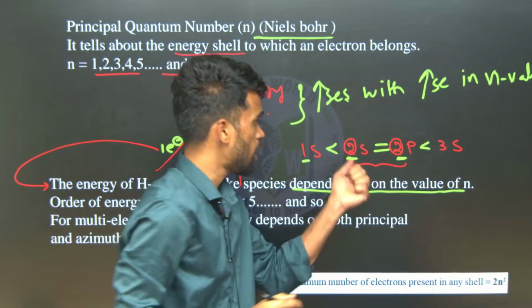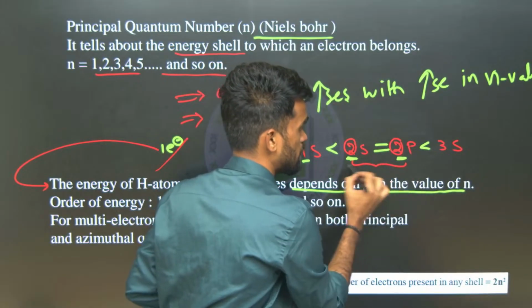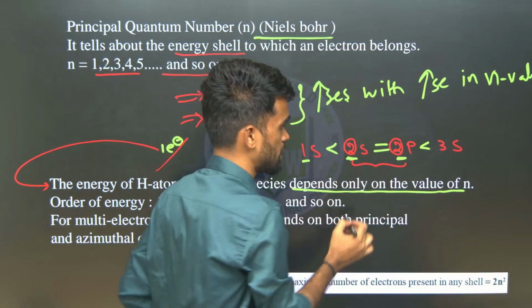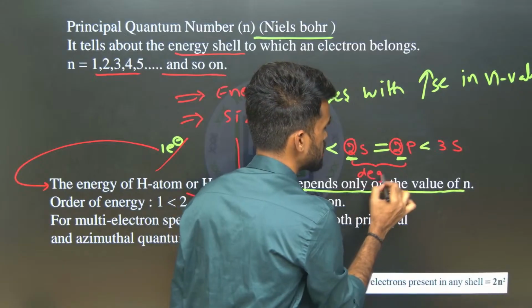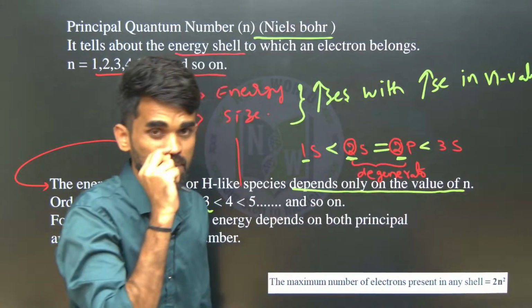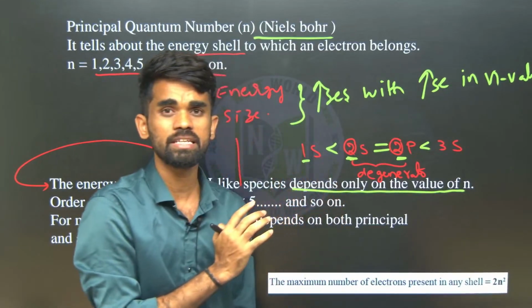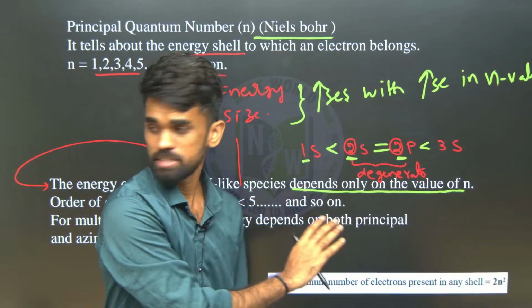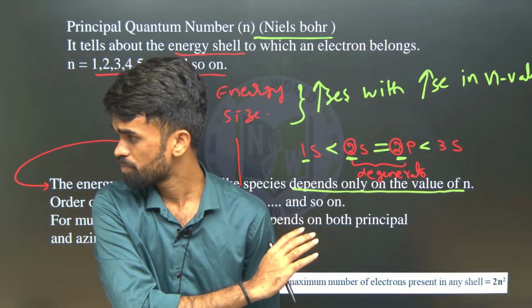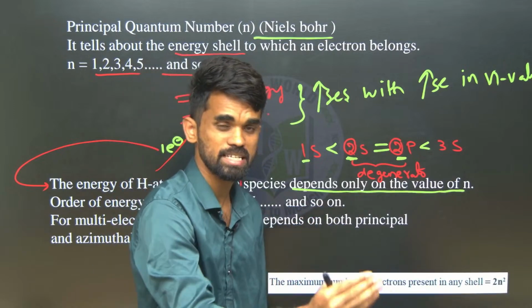Okay, so these energy levels are the same. So you should call these orbitals or these shells degenerate energy states or degenerate orbitals. What you should say? Degenerate orbitals. These orbitals with the same energy are called degenerate orbitals. There is a JEE Advanced question on this concept only. Just try to learn this now. Okay, try to understand this. I will solve those questions in the upcoming sessions, in the next session itself.